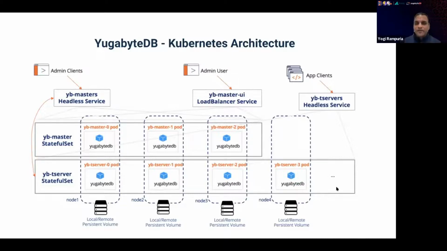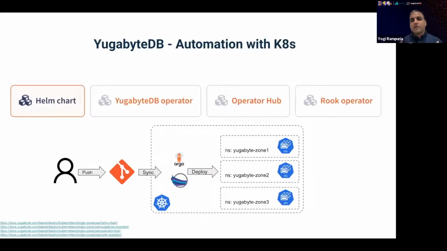And another benefit of Kubernetes is the level of automation it brings in, right? As I mentioned earlier, it has practically emerged as an API for the infrastructure. So we have first-class support for Kubernetes through Helm charts, through the operator, even the OperatorHub if you're in the OperatorHub ecosystem, and also we have a Rook operator. And in terms of automation, right? At its core, you can leverage the native capabilities around Kubernetes itself to provide a great degree of